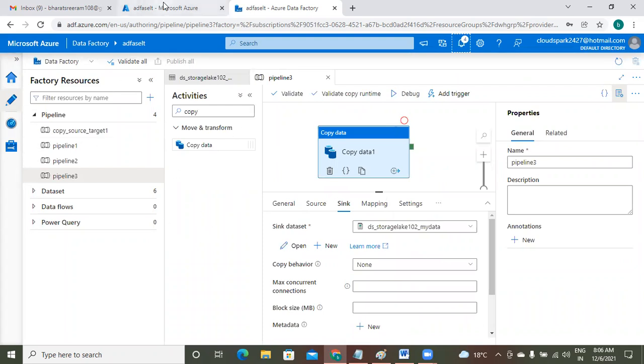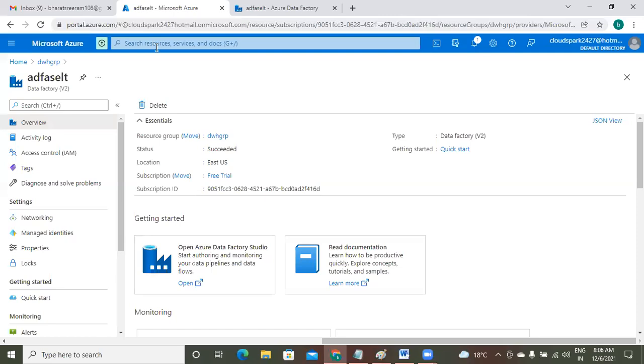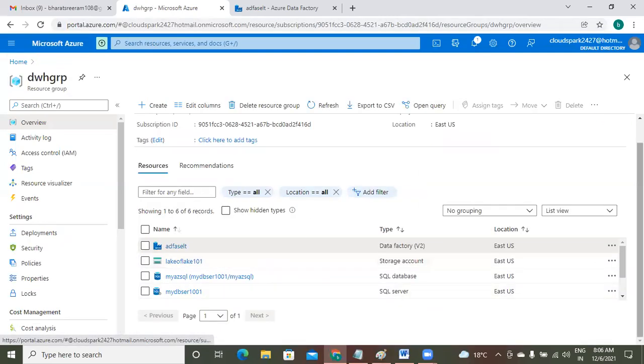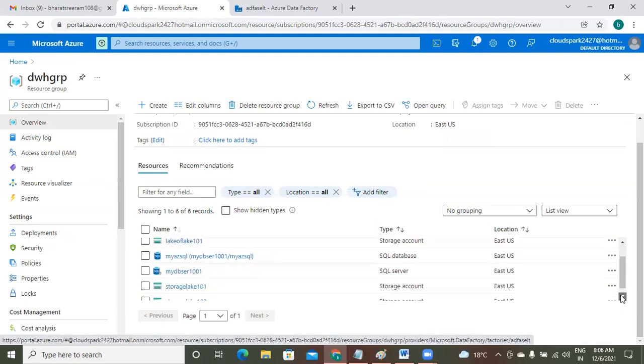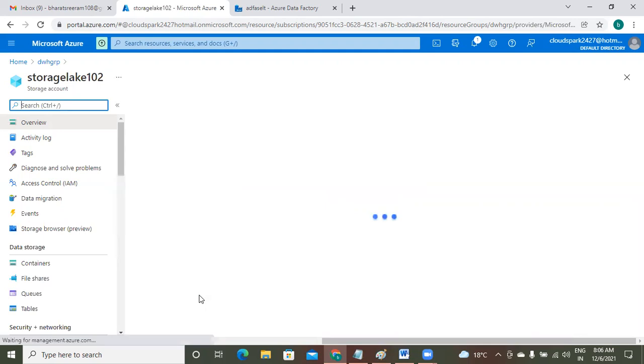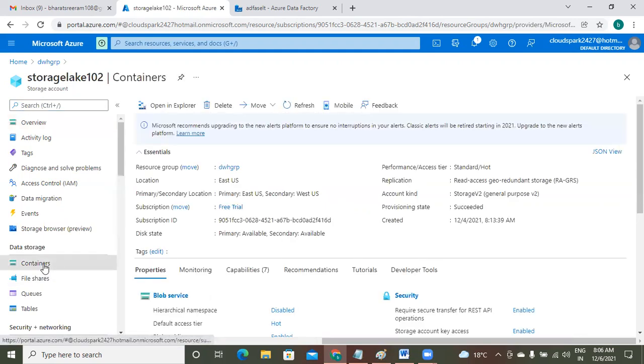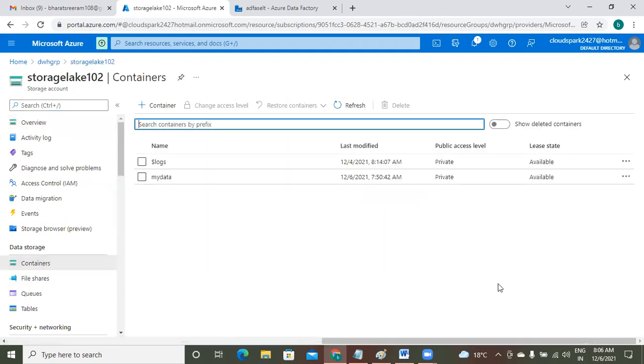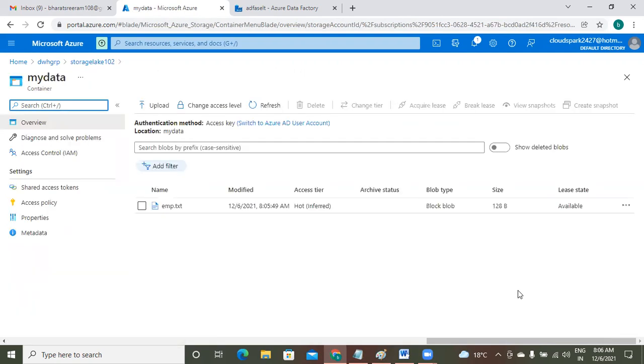Please go back to your data lake. What is your target data lake? Storage lake 102. Here you have a container, which is my data. Previously, my data was empty. Now the file is copied. In this way,